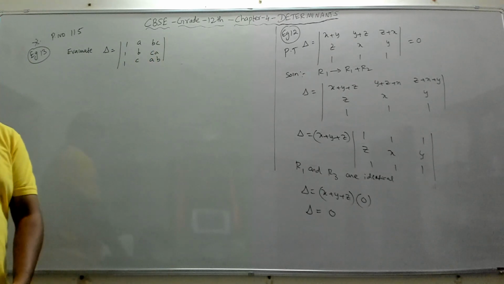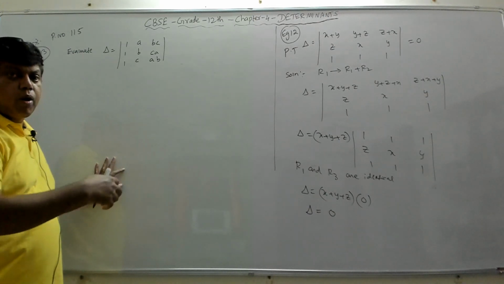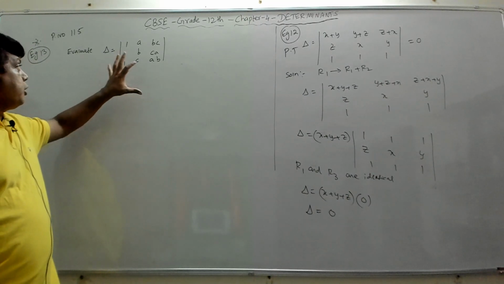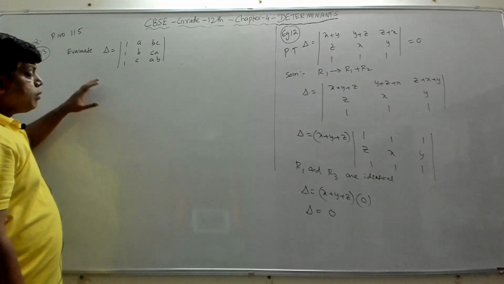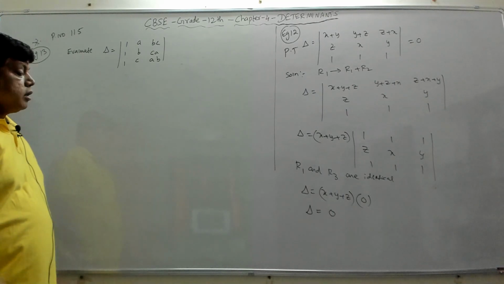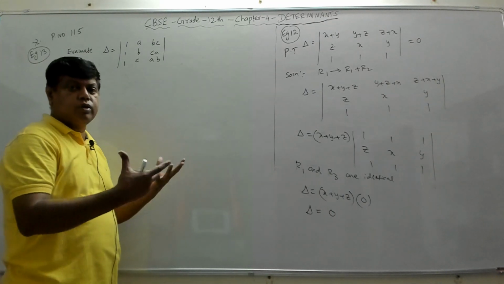Evaluate this determinant. Now again, we will apply a series of properties. We can apply different properties and then try to evaluate this determinant. So when we want to evaluate the determinant, the first thing that we try is, can we get more zeros in a particular row or column? Do we have zeros in a particular row or column?